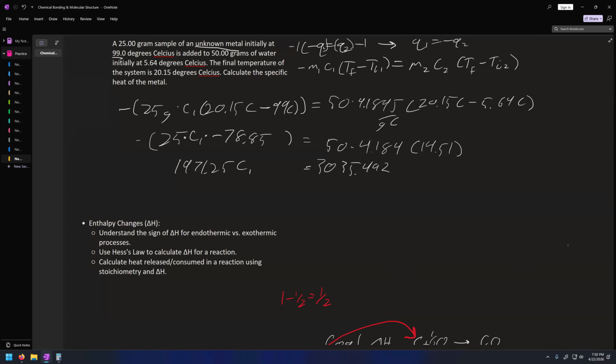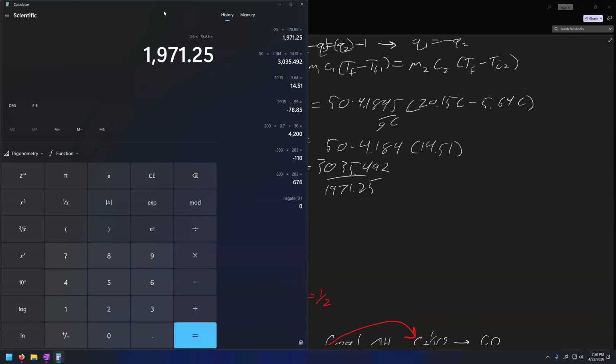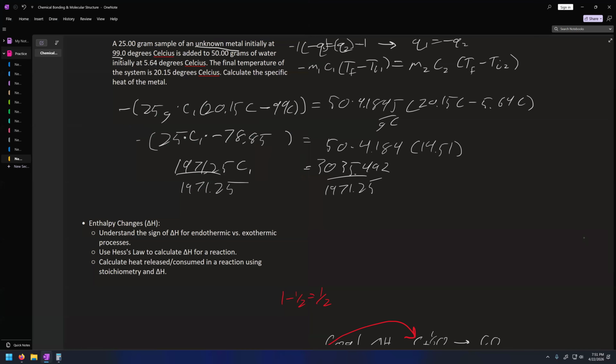Okay, so we got the positive value on both sides. And then to finish it off, I'm just going to divide to isolate my specific heat capacity for the metal. So 1971.25 on both sides, and that'll give me a number. So we'll take the 3035.492 divided by 1971.25. Wait, I did something wrong there. Hang on. 1971.25. And we got 1.53. So C1 is equal to